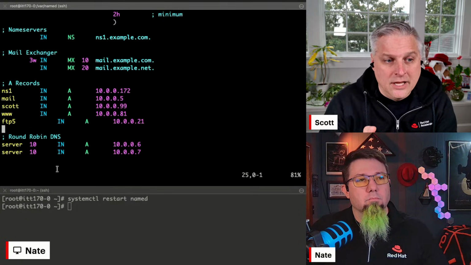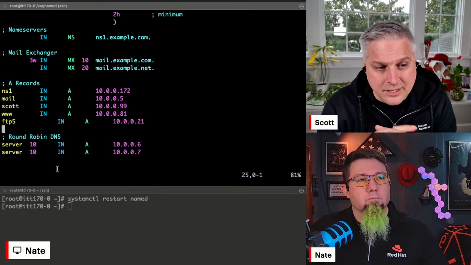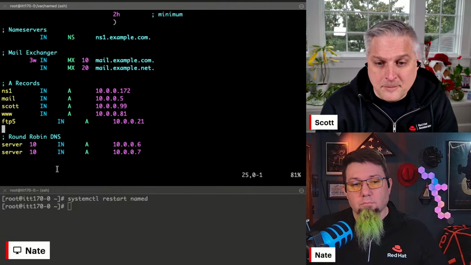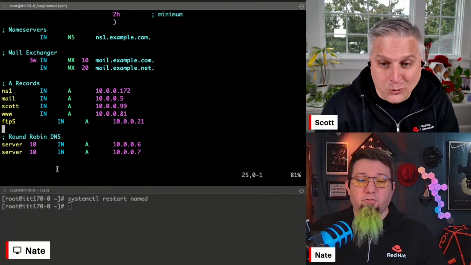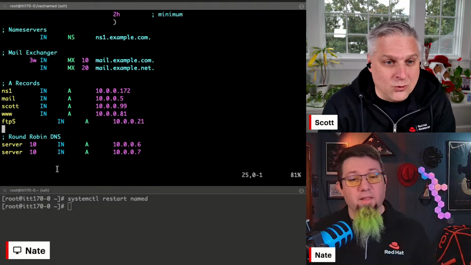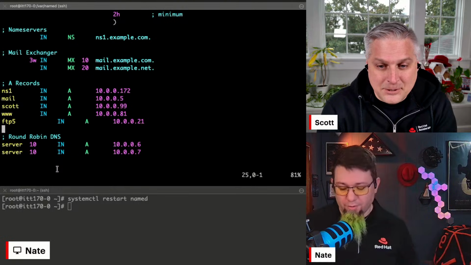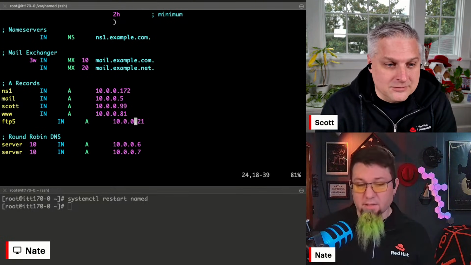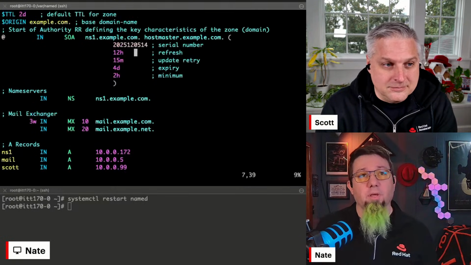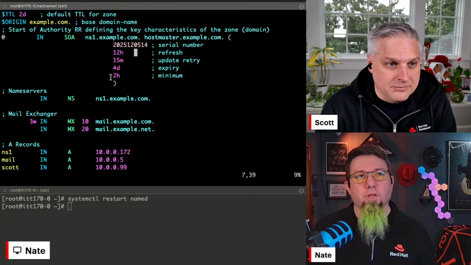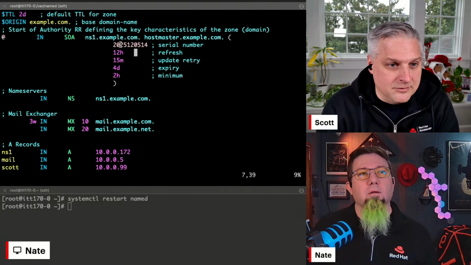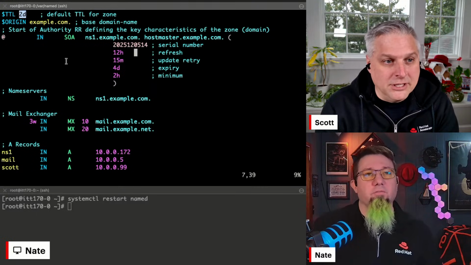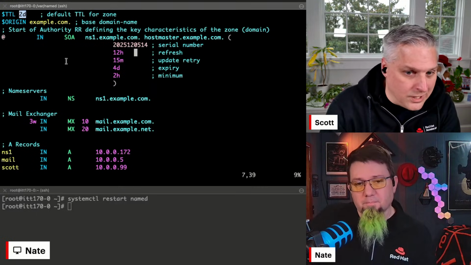And Nate, I did want to point out, you said that the other lines don't have it. They actually do have it. Right, it's just not reported. If you scroll up in this text, you don't see it, because it gets the default from the upper block. It's actually very up at the top, the first line. Oh, up here. Yes, the default time to live for any record in this is 2 days.